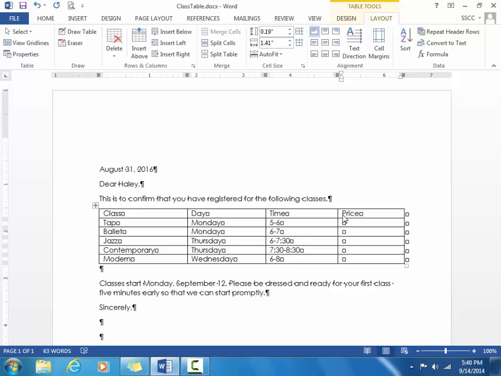Then compare your screen to Exhibit 12-5 on page 390. Make sure to do Control-S and save the table that you've inserted. Alright, to delete the structure of a row, column, or the entire table, including its contents, you click in the row or column you want to delete, or anywhere in the table if you want to delete the whole table, and then click the Delete button in the Rows and Columns group on the Table Tools